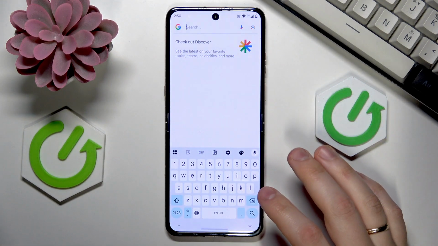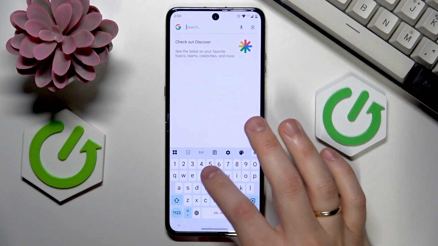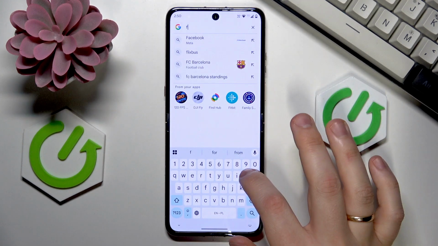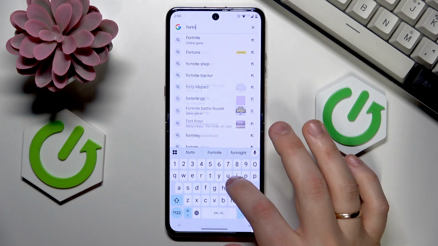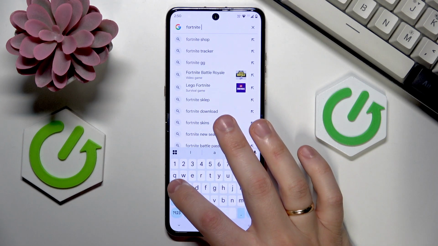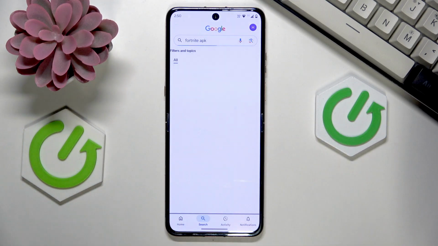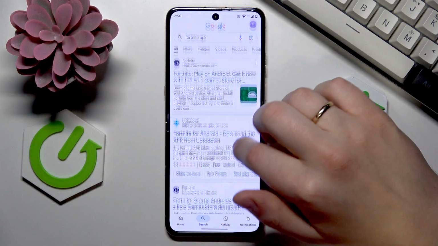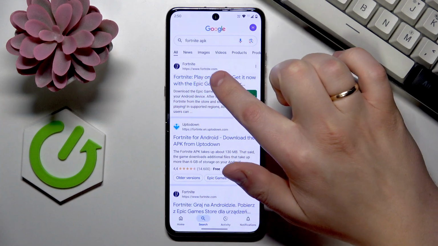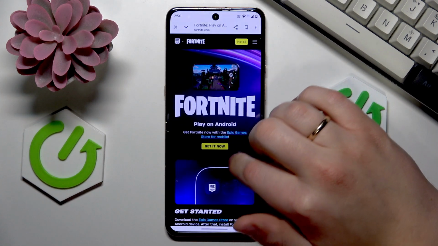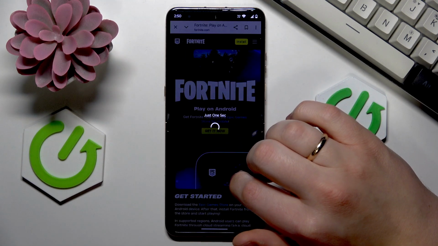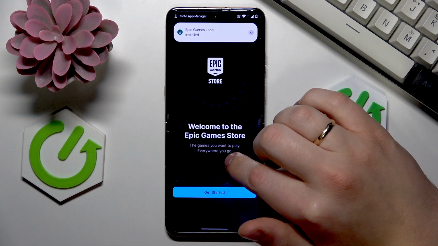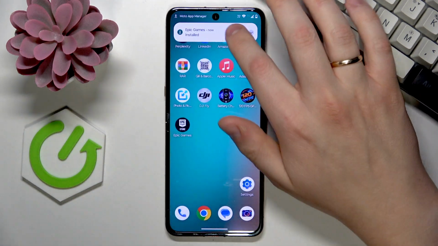Anyway, in order to get the game, get the Fortnite, just type in the Fortnite APK query or Epic Games Store APK query to the search bar, should it be Google or otherwise. Then be attentive and look for the official Fortnite.com website. Then from this page, simply download and install the Epic Games Store and, well, proceed with whatever instructions you'll see